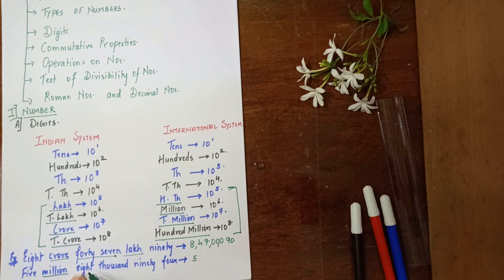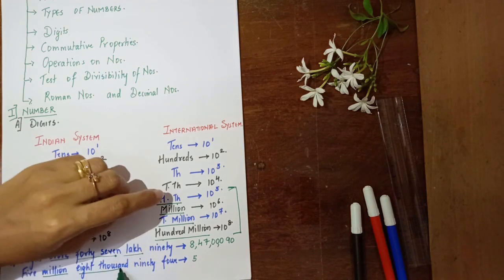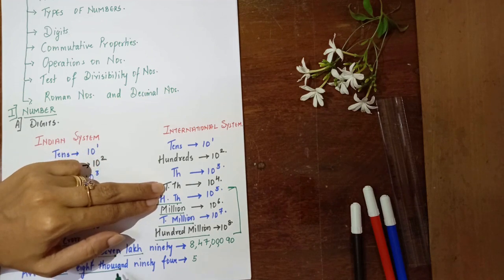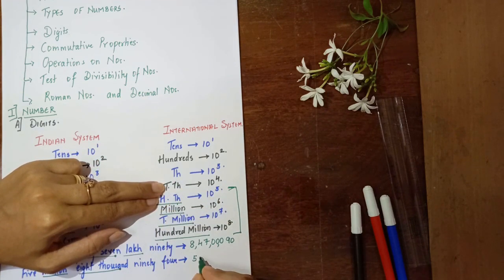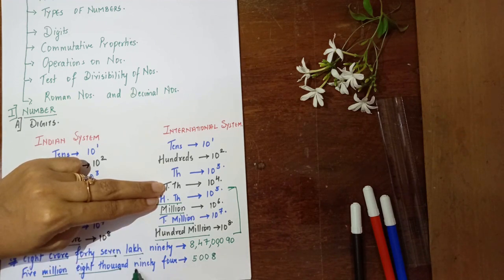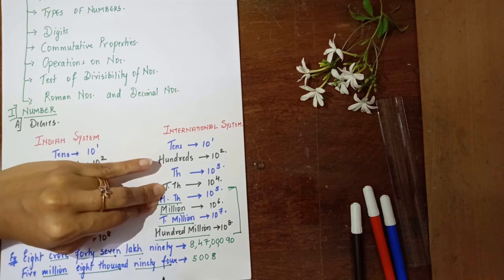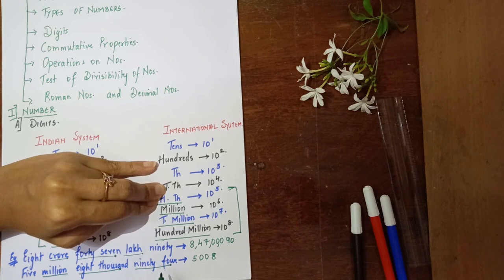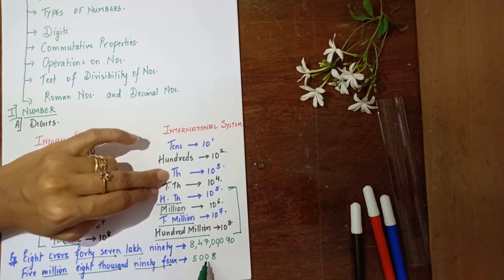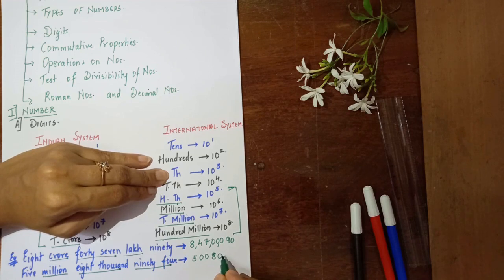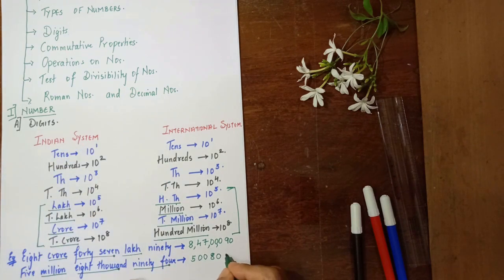Now after that, 8,000 is given. So nothing in the 100,000s place, nothing in the 10,000s place, directly in the thousands place. So 2 zeros included here, then I write down 8,000. After 8,000, 94 is written. So 94 is not going to be in the hundreds either. I have written down 1000, that is 8,000. So after 1000, hundreds place is empty. So I put a 0 over here. 94 is included in tens. So I write down 94. So now children, you see, this is going to be my number. That is 5,008,094. I hope this much is clear to you.